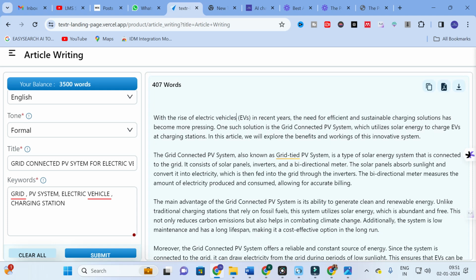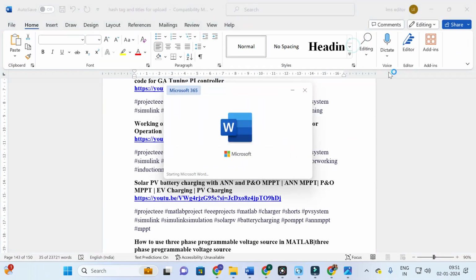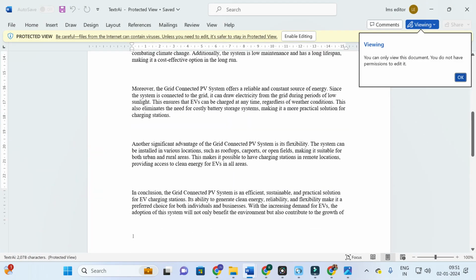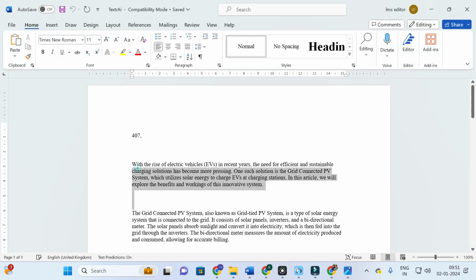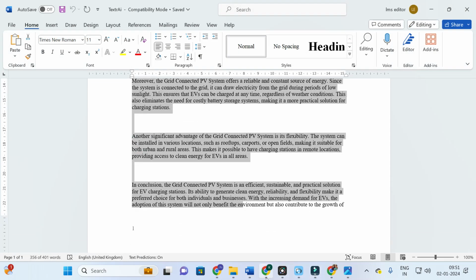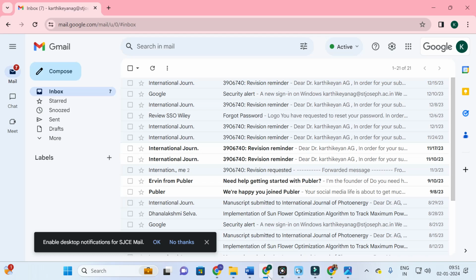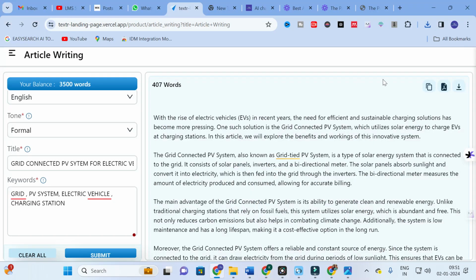So you can make use of this option to generate unique and fresh content. Here you will have an option to download the content. By clicking the option, it will be downloaded as a Word file, so you can get the content in a Word file and edit whatever you want. So this is the content you can generate. Like that, you can make use of this option to generate content using this